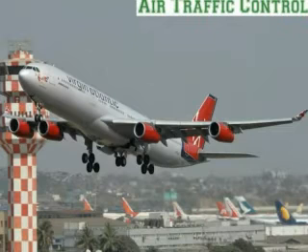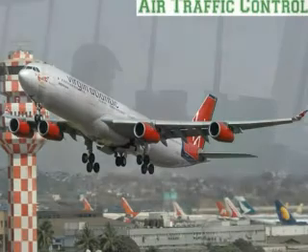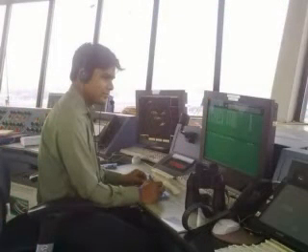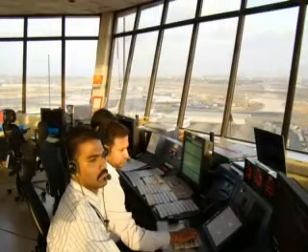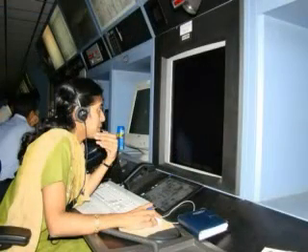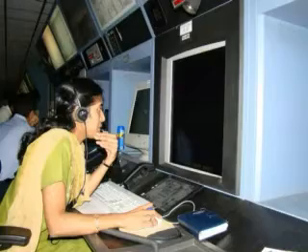Air traffic control. What does it mean exactly? What does an air traffic controller actually do? He or she is the invisible figure who guides, supervises and coordinates the air traffic, keeping a constant watch and ensuring that things run smoothly on the ground and in the air every day, whatever the weather. To the air traffic controller, the safety of air traffic is paramount.